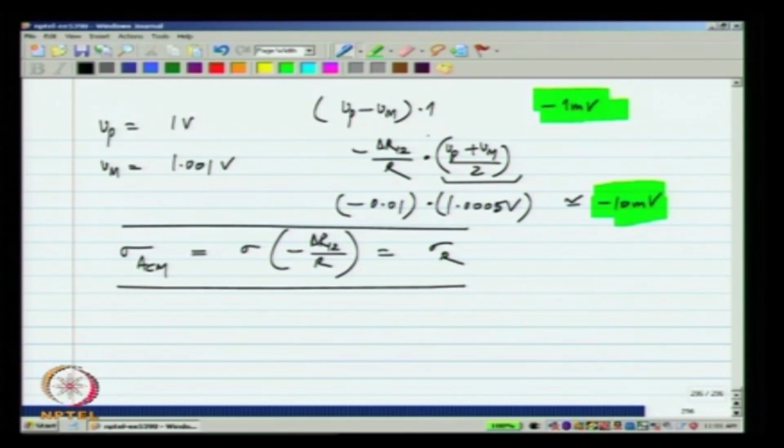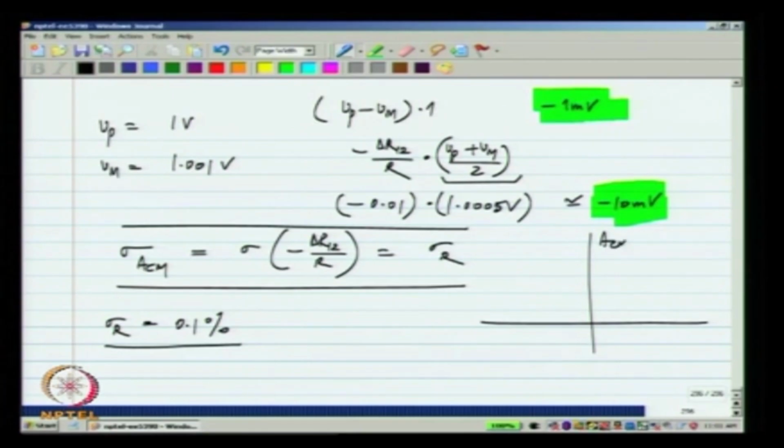Now, what does this mean? Let us say we make sigma R something better than what we had earlier, so let us say 0.1%. What this means is that the common mode gain will also have a standard deviation of 0.1%, and